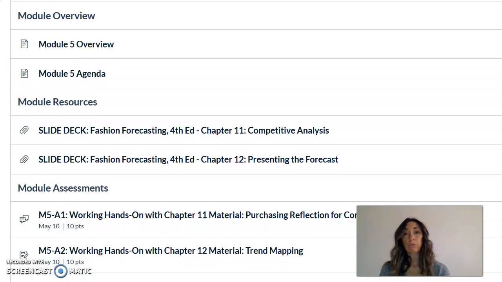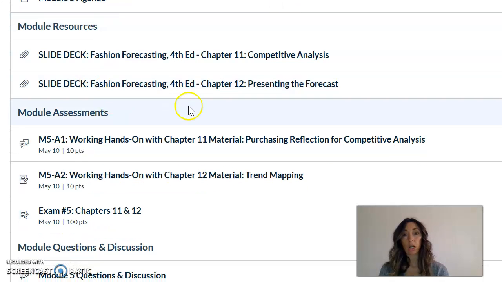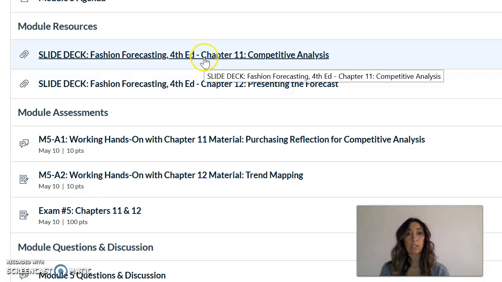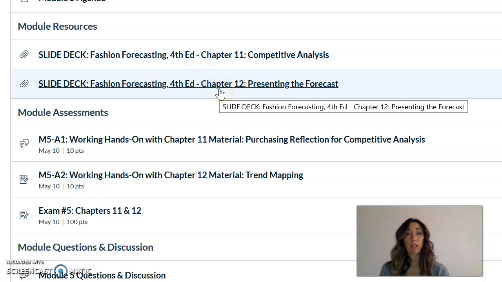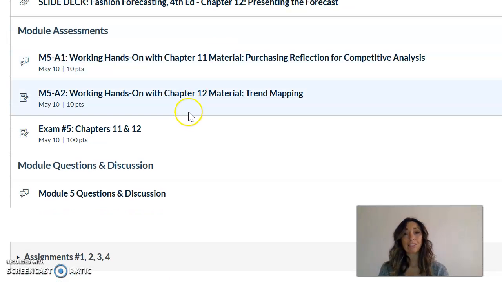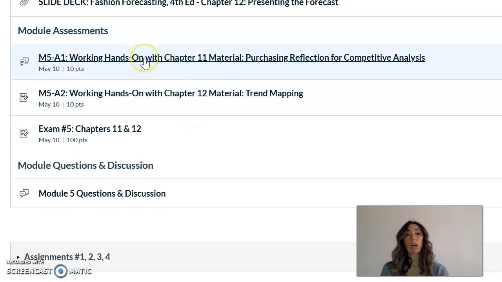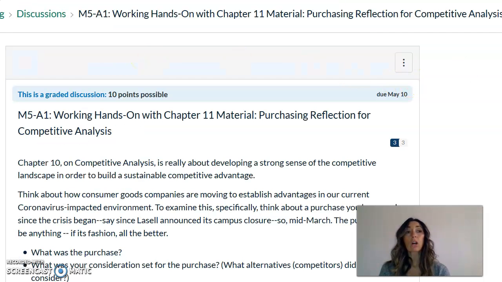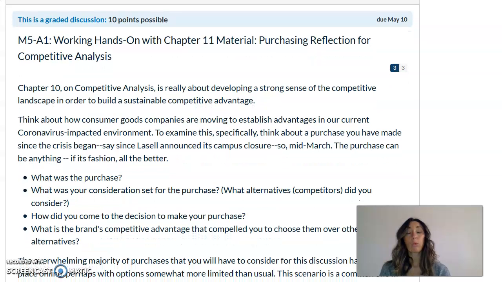As you move through the module structure, you'll see that the resources for Module 5 are here. That would be, of course, the slide deck for Chapter 11 and Chapter 12. And then we get into the module assessments. The very first one is a course discussion. The way that we'll talk about looking at competitive landscapes and competitive analysis is actually through our own experience as